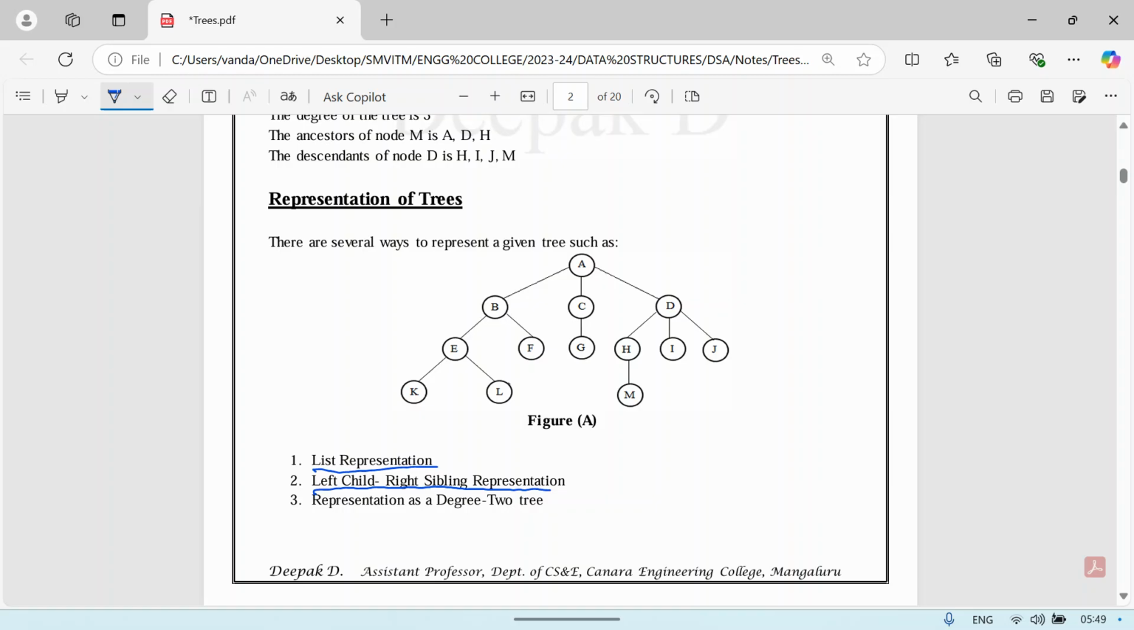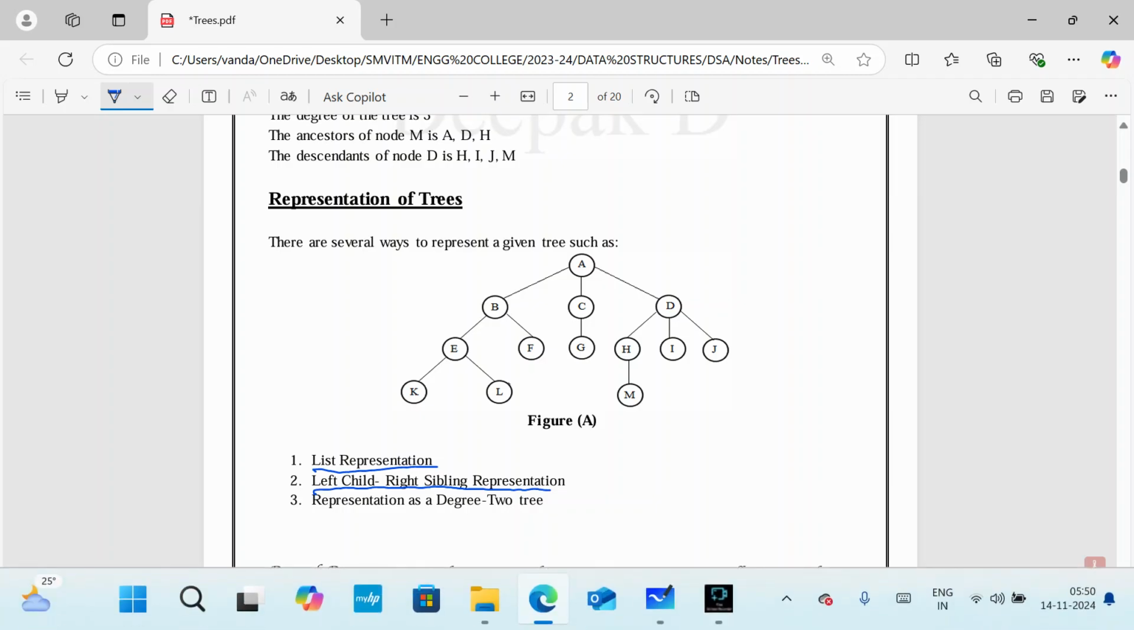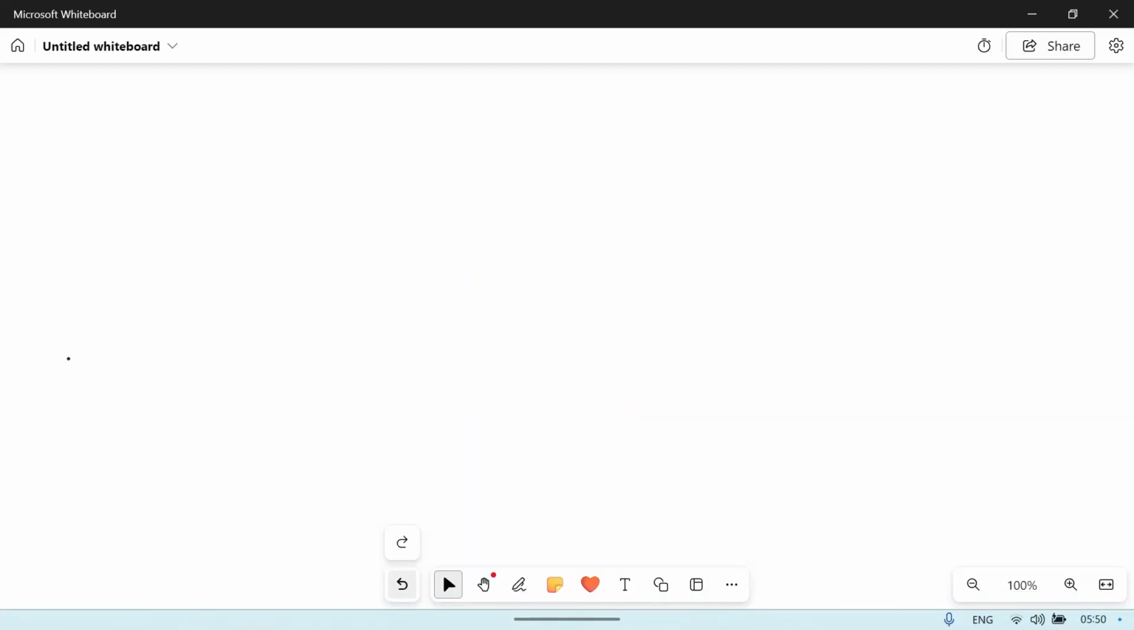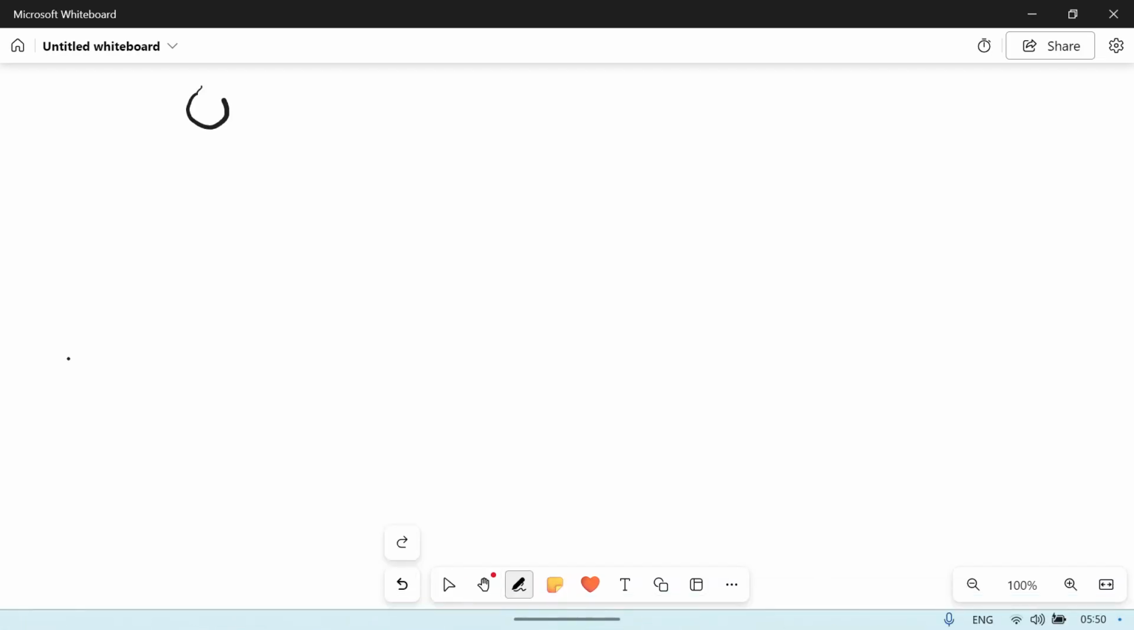Sorry. We look at each of the representations. So list representation first, then left child, right sibling, and then degree 2. I'll draw one tree and I'll show you the representation. Okay. So first, let me take one tree. I'll take a simple tree just so that you can understand it. Then we'll take a complex tree and then